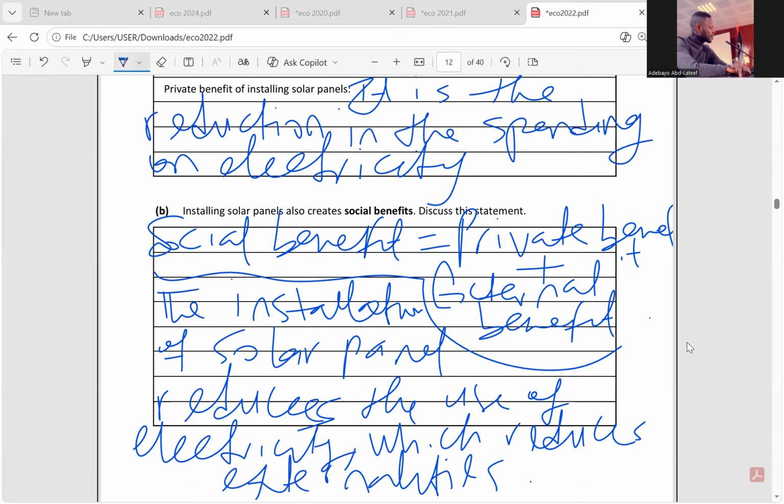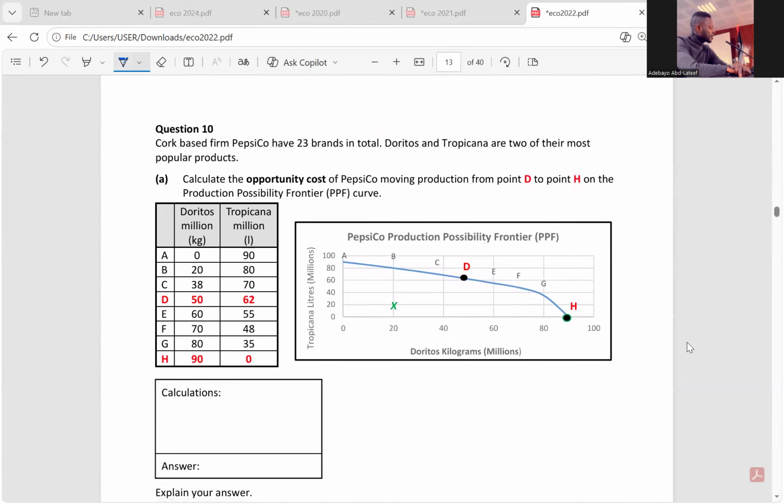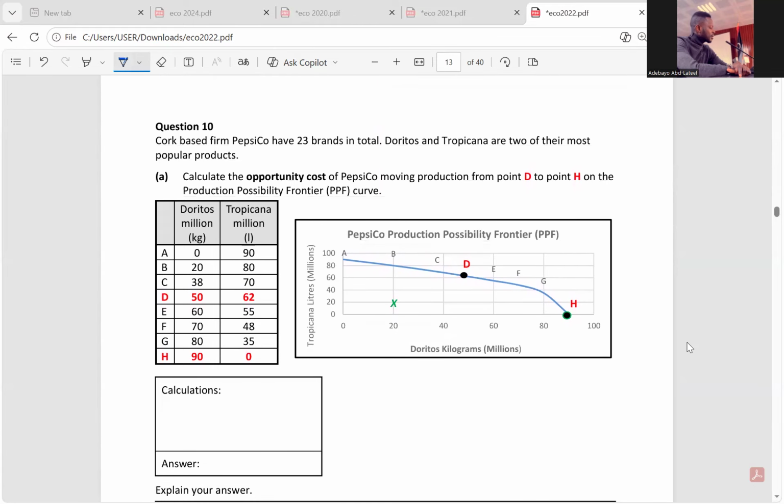Shall we? Question 10. It says, Coke-based firm PepsiCo has 23 brands in total. Doritos and Tropicana are two of their most popular products. Calculate the opportunity cost of moving the production from point D to point H. This is point D to point H. Now, the difference between point D and point H is